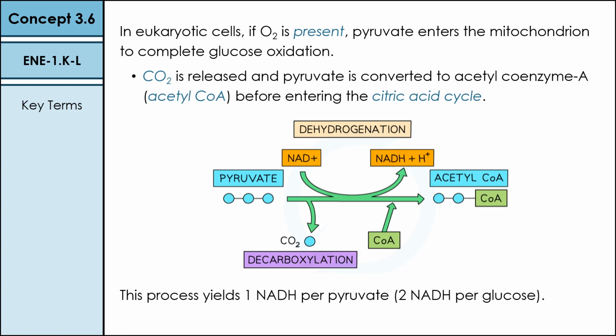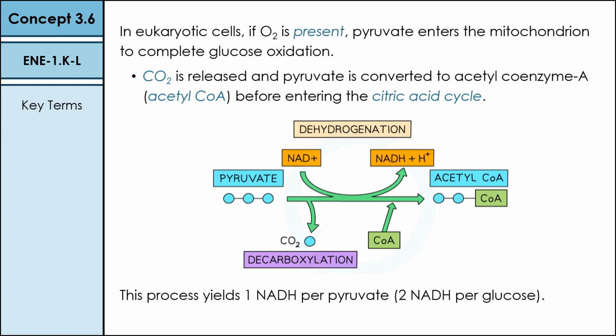So we reduce NAD plus once more, produce another high energy electron carrier, and we attach the pyruvic acid byproduct to a coenzyme called coenzyme A, or CoA. So at the end of this process, we end up with an acetyl CoA, which can then start up our